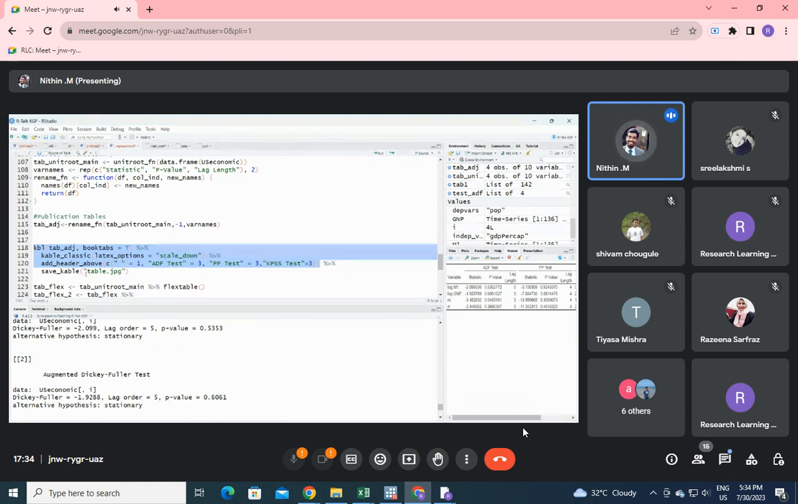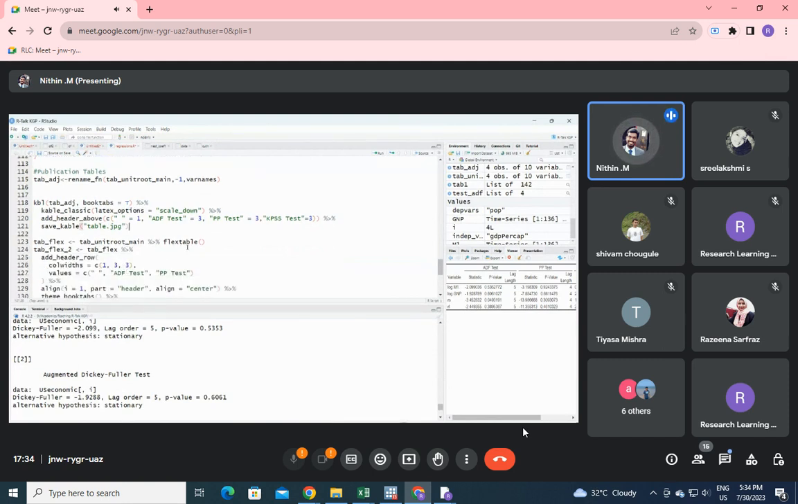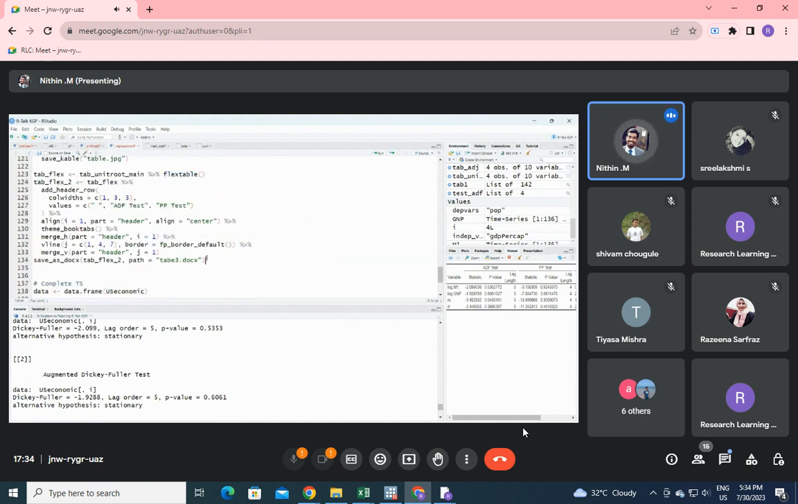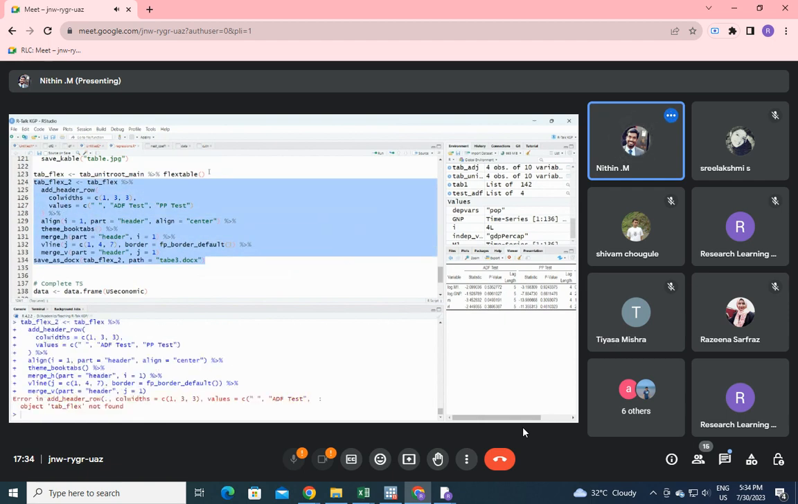You can save that in any format you want. Because it is kable, you can save only in JPG or PDF. So I will save it as JPG. Or suppose you want this as a Word table, you can pass this into a function called flextable from the flextable package. You can do some manipulations to add the desired column names like this. And then if you save this,